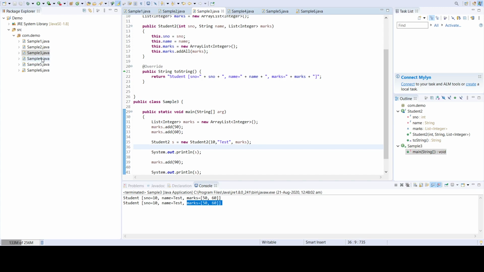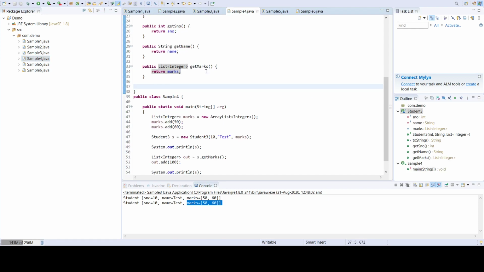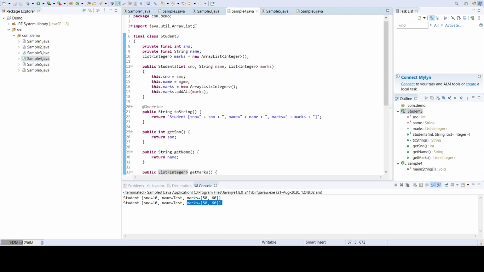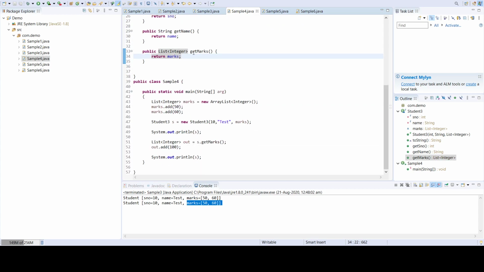There is another possibility of breaking the immutability, by providing a getter method. We know this is a complex object and we copied the values, but if you provide the getter method, using getMarks another part of the program can get the reference and try to add a value. Again it is affecting the original object, so the immutability is affected here.